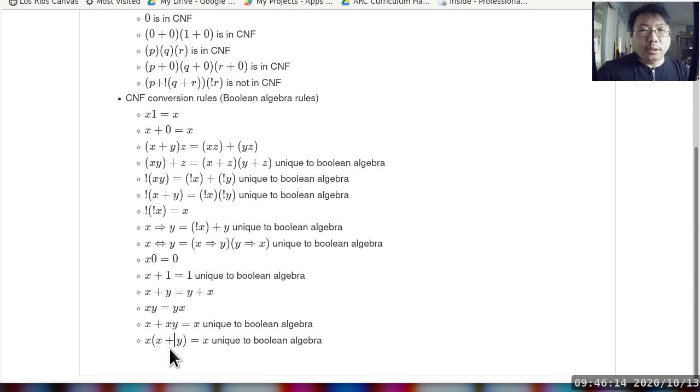The other one works the same way, except it's kind of opposite. Because X is the more restrictive term compared to X or Y. What that means is if X is true, X or Y is guaranteed to be true. But when X or Y is true, it does not guarantee that X is true. So X or Y really doesn't add anything to the overall conjunction. Okay,